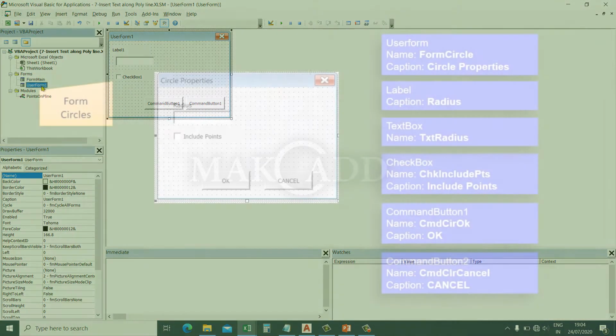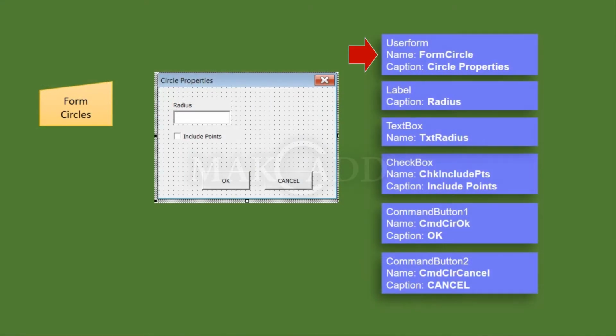Rename the user form first to form circle, with caption circle properties. Then change the label one caption to radius. Rename the text box to text radius. Then rename the checkbox to check include points, and change its caption to include points.